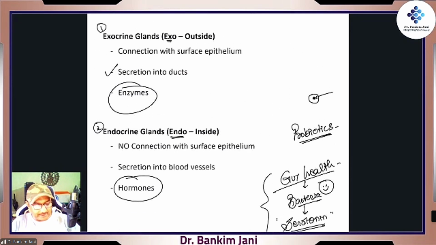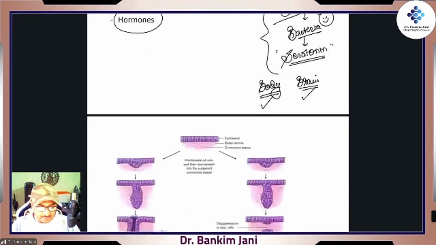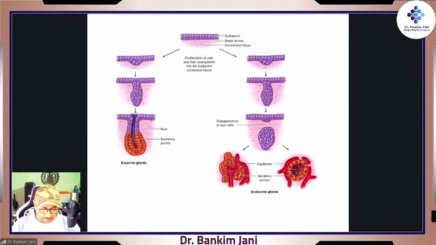So we understood exocrine and endocrine. Exocrine means secretions will be outside. That means it will be going via the ducts. And in endocrine, secretions will be going directly into the blood. That is the hormone. So here it is, how we differentiate. This is exocrine and this is endocrine. Now look at it. Everything starts with this epithelium, right? And then there is basal lamina, which we were calling as base, right? Or the basal layer. And then there is rest of the connective tissue.